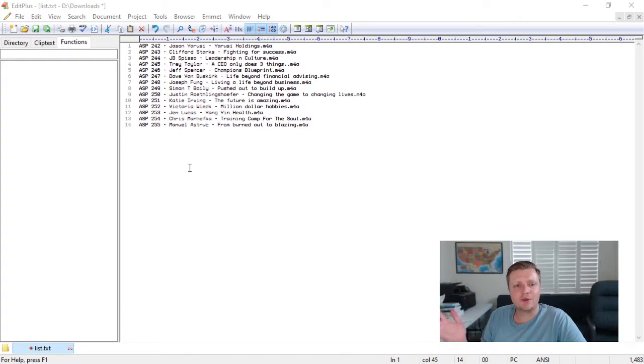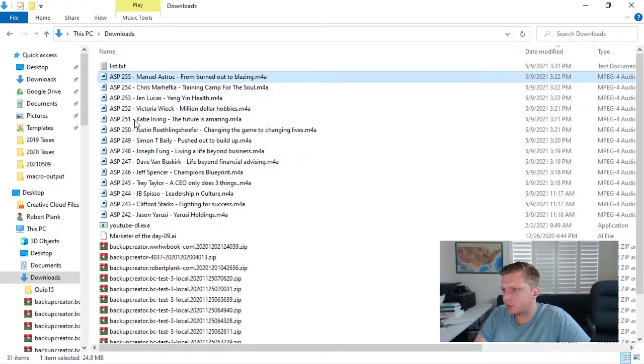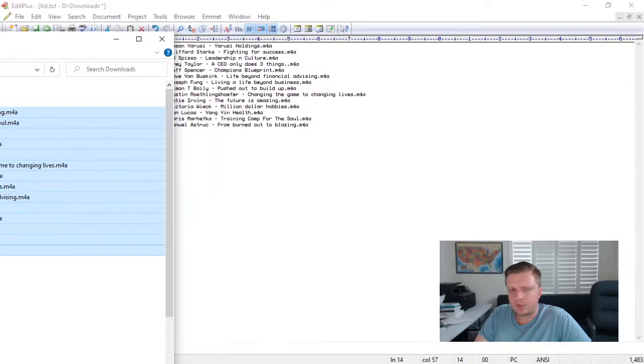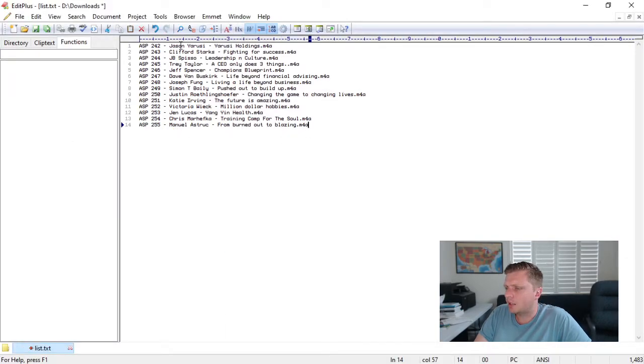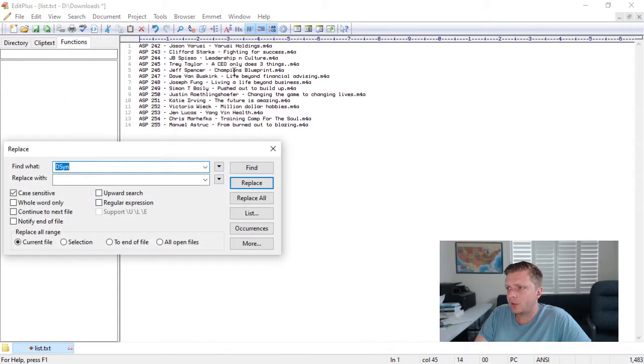And what if I had hundreds of files, or I don't want to do this for 14 files? 14 files. Is that correct? 14 files. And so what I'll do here is I'll do a search and replace, and I want to do